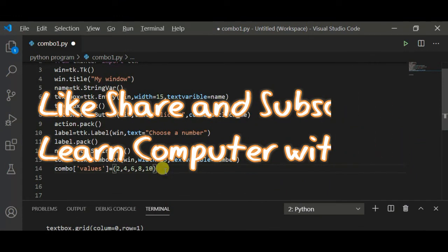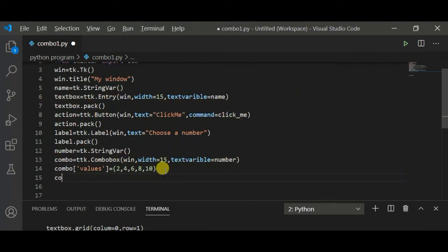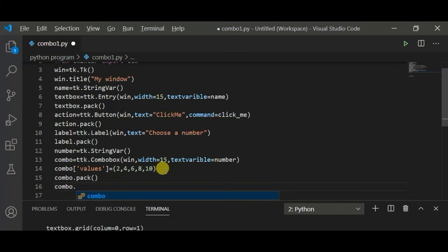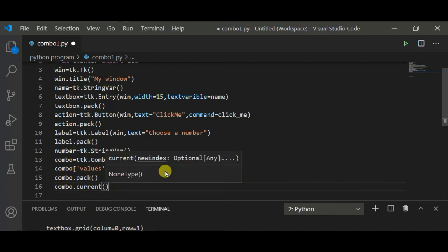Now pack it, combo.pack. I am writing here one more statement, and I am telling you what is the meaning of this statement. combo.current is equal to, I will provide a value 0 here. This line assigns a default value to be displayed when the GUI is first visible.